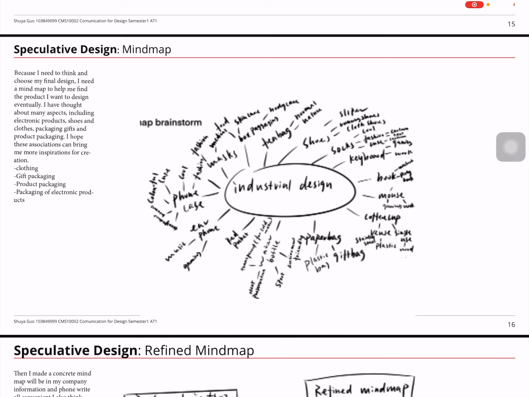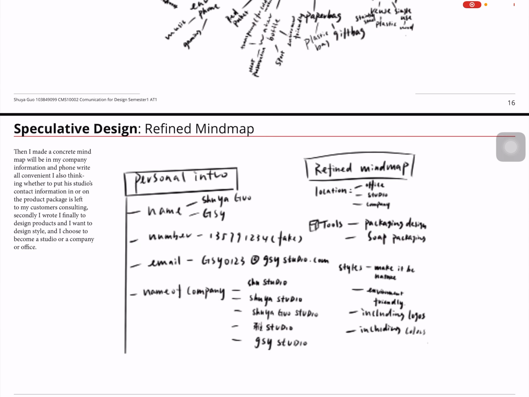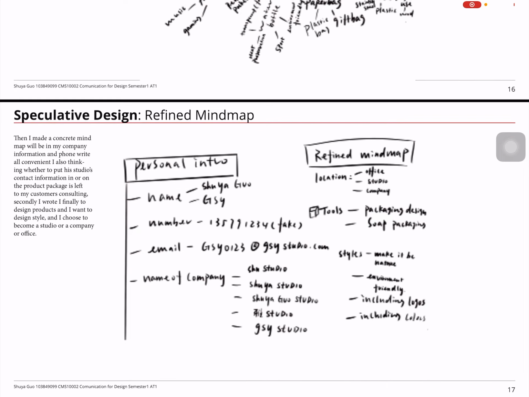I have thought about many aspects, including electronic products, shoes and clothes, packaging, gifts, and product packaging. I hope these associations can bring me more inspiration for creation. And here is my next refined mind map. And you can see from this picture, I have